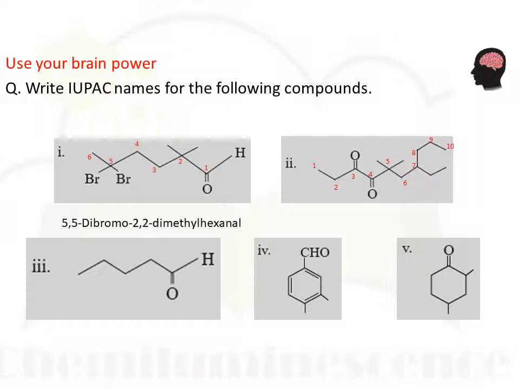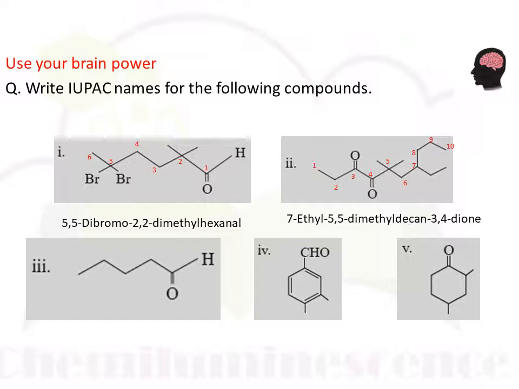So writing the name of this compound, first write the name including the locants of the substituents in alphabetical order. We know that ethyl comes first, then methyl. So first is 7-ethyl, then at carbon 5, 2 methyls are present. Hence it is 5,5-dimethyl, with a hydrocarbon chain having 10 carbons. Hence it is a decane. At the third and fourth carbon, ketonic carbonyl groups are present. Hence it is 3,4-dione. The name of this compound is 7-ethyl-5,5-dimethyl decane-3,4-dione.